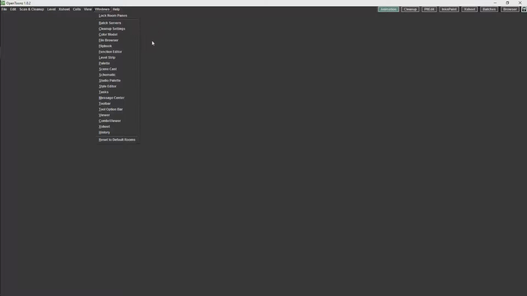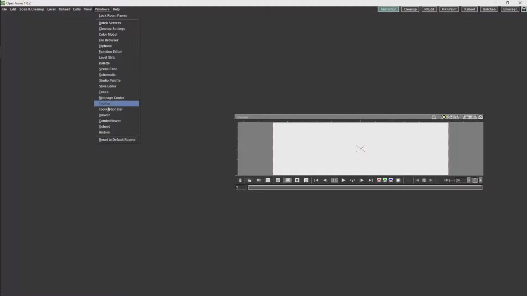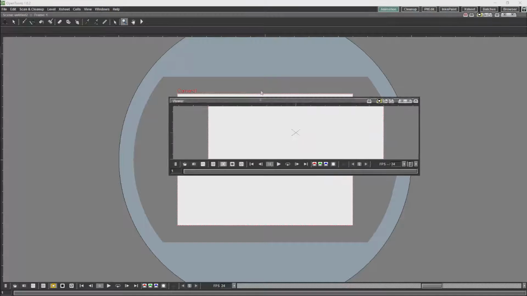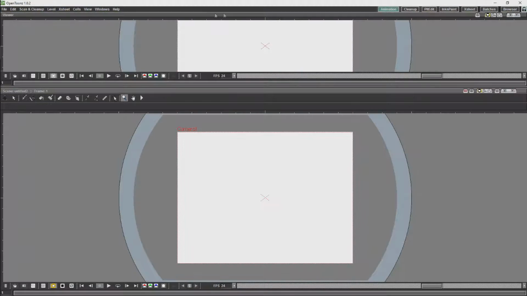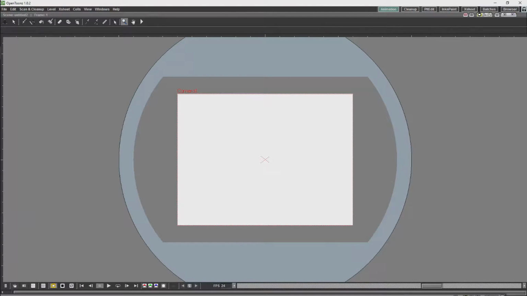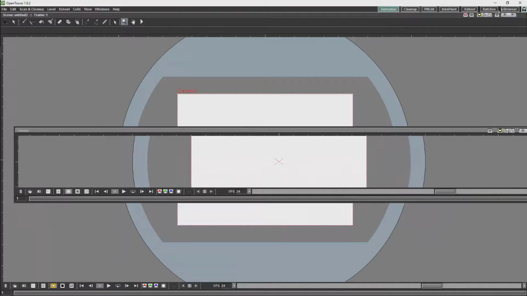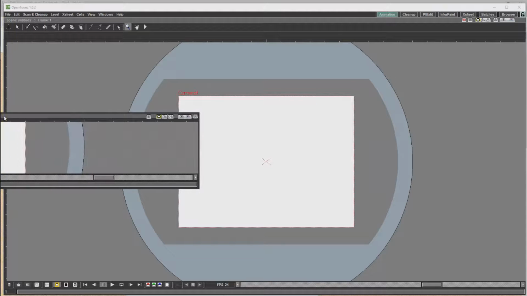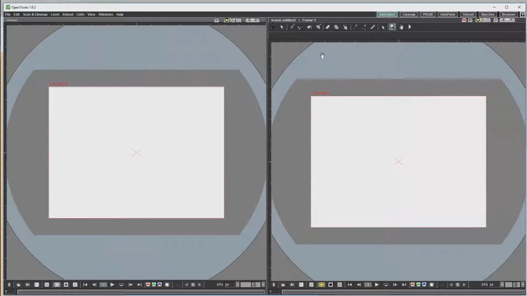The most basic things which you're going to want in your room are going to be either a viewer or a combo viewer. If you drag them, you'll see that they snap. Where you get the green lines, they will snap into the view. Also notice that they don't snap to the sides or to the bottom. If they don't do that, just minimize the view, and then we can snap to the side or to the bottom. Here we have the view and the combo view,